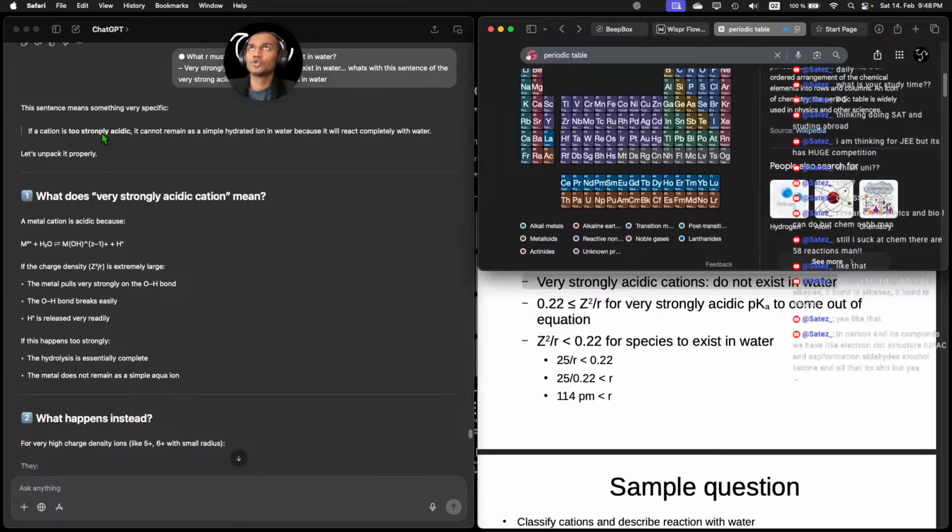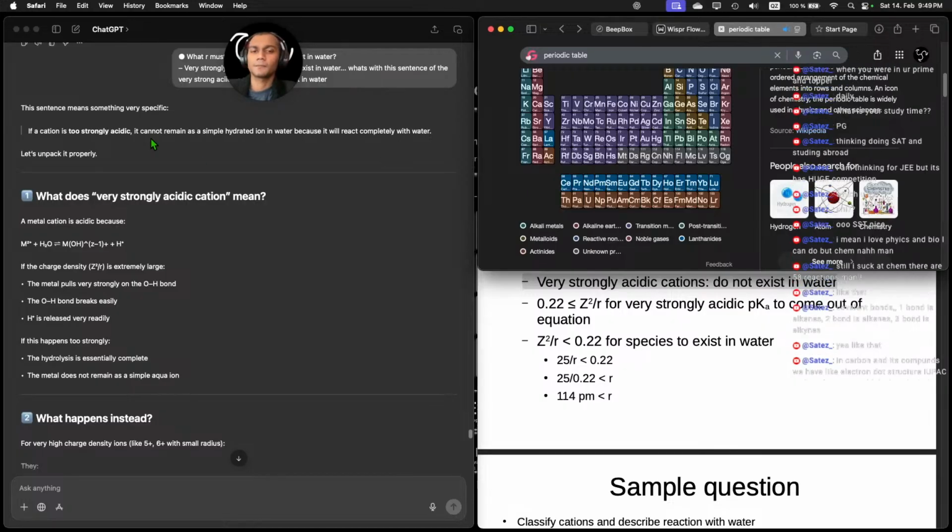If a cation is too strongly acidic, it cannot remain as a simple hydrated ion in water because it will react completely with water. If a cation is too strongly acidic,